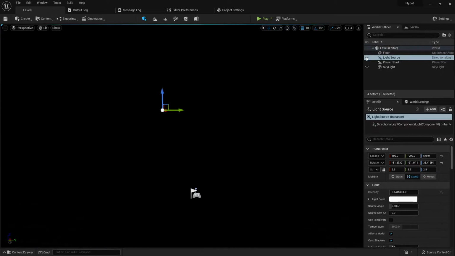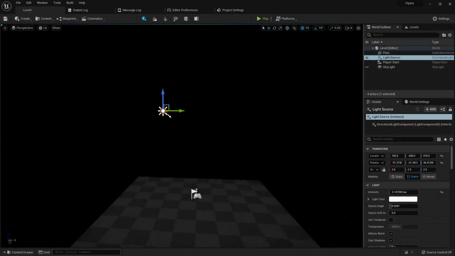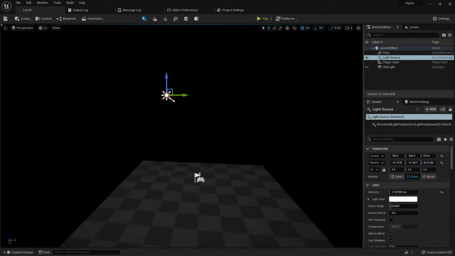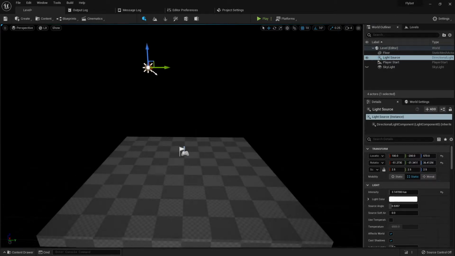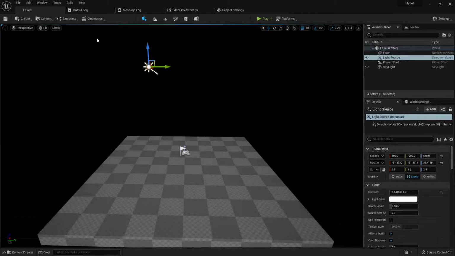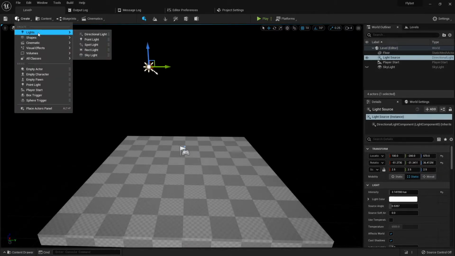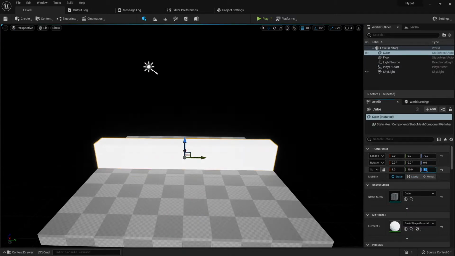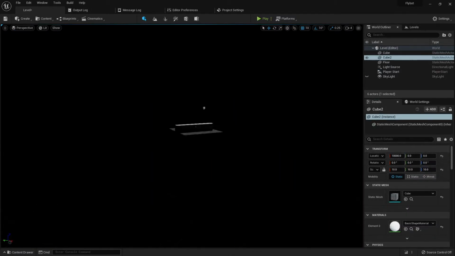We need to have some kind of light, so we're going to start with this directional light. A directional light is like the sun, where it's rendered as infinitely far away and has the same intensity everywhere in the world. There are other types of lights like point lights and spotlights, and we'll use those in future videos. I'm also going to create some temporary objects so we can see what the shadows look like